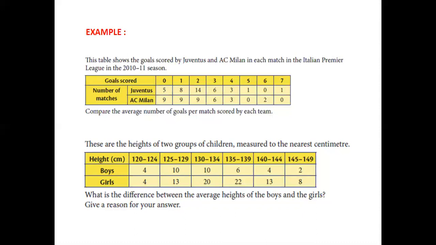Let's do it together. I want to help you. I have a calculator. So the number of boys was 36, okay, 36. And the mean of the first group's height is 122. Am I right? Times 4, 488. And plus the next group's height, 127, times the number of boys, 10. The answer is 1270, plus